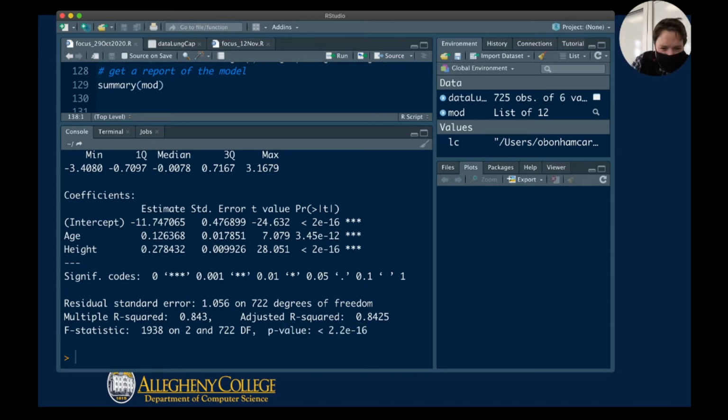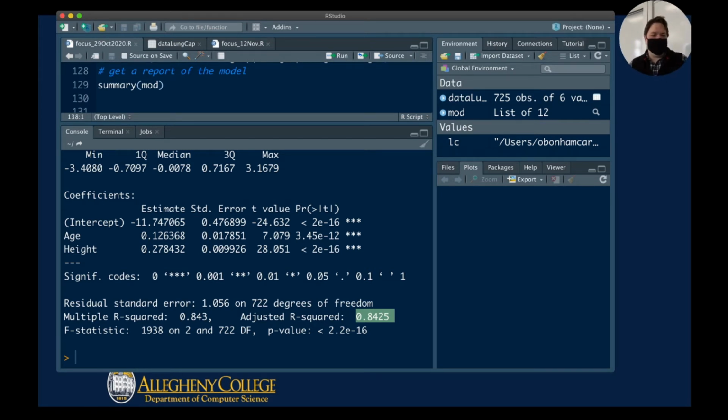But another thing that we should really concentrate on is this adjusted R squared. This is saying that about 84% of our dependent variable is explained. In other words, 84% of the variation of our dependent variable can be explained by age and height. However, because we have 84%, that would suggest that there is 15% of our model which